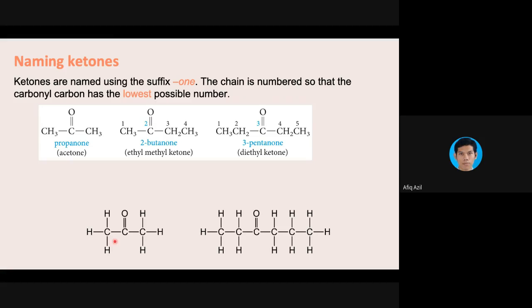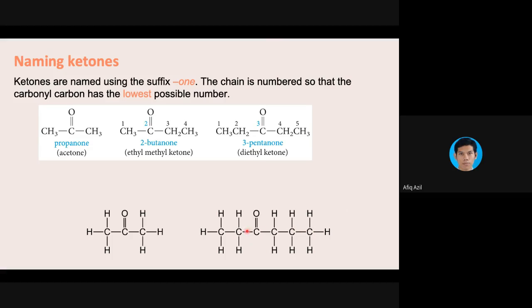Okay, this one is propanone, drawn in an open skeletal form. So you draw all the hydrogens. What is the name for this ketone? Let's see the number of carbons: 1, 2, 3, 4, 5, 6. So 6 carbons, from hexane to hexanone, and then the position of the C double bond O. If we start counting from here,